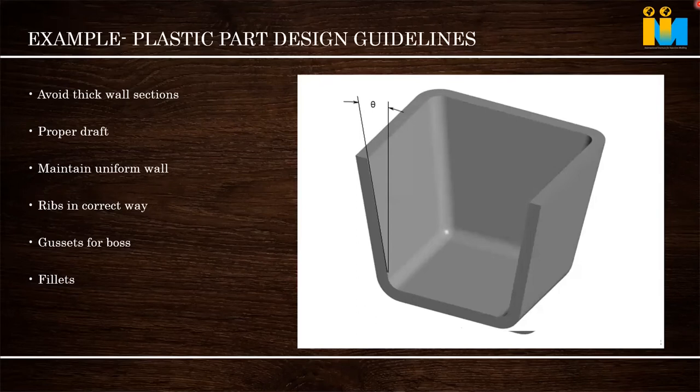The product design team will all say only half a degree is possible, because the major reason is they don't have to take a risk. But manufacturing is a total risk. Just giving a 1 degree draft reduces the cost of the product like anything. Because instead of 10 or 15 seconds of cooling time, he can operate at a 7 second cycle time. It can be easily pushed out. It will not deform. Otherwise, you keep the part cooling more than its HDT, heat distortion temperature, to eject it,